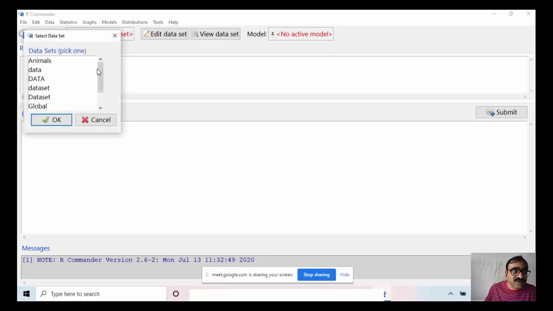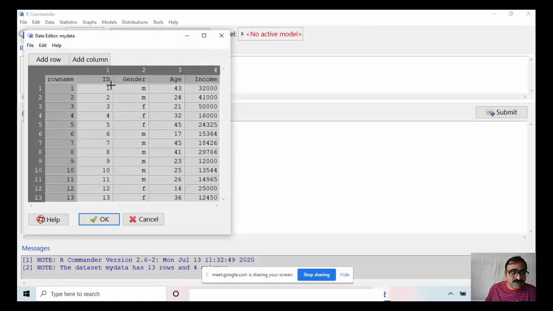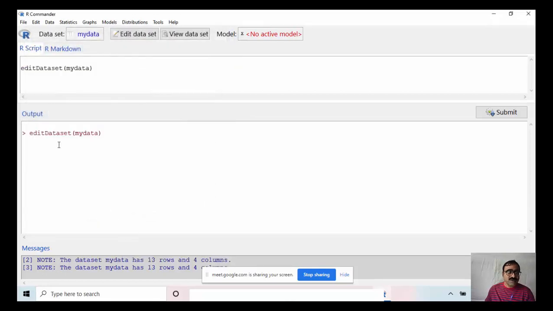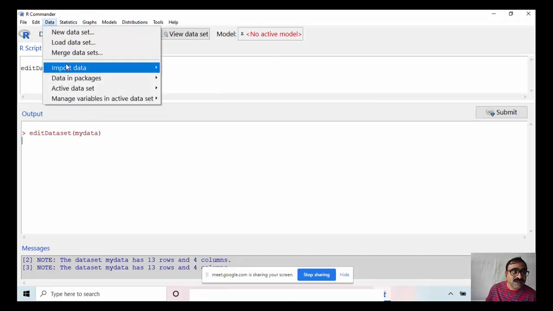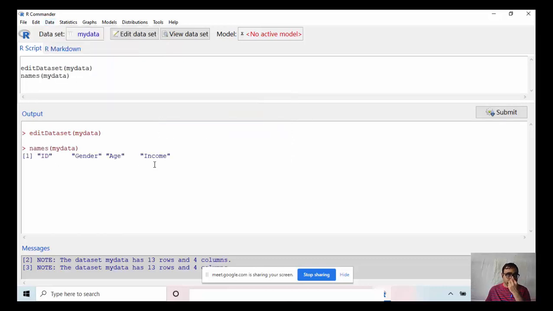If I click on a data set, this is my data. Now I have to click on this data and this active data set. Here select the variables in the active data set: ID, gender, age, and income. These are 4 variables now.